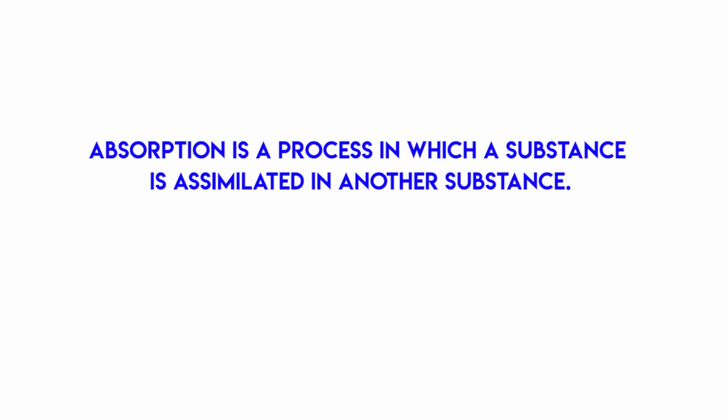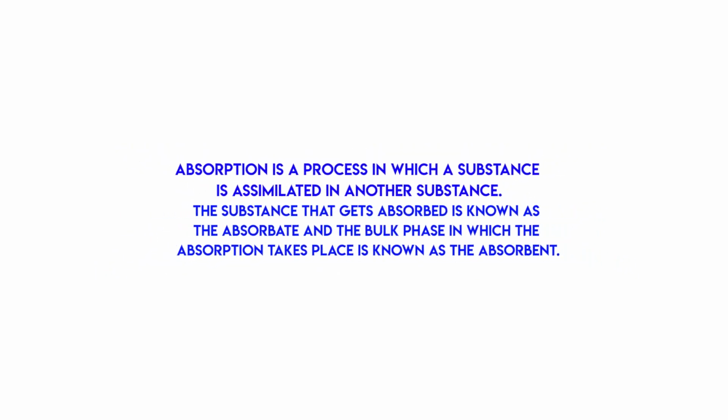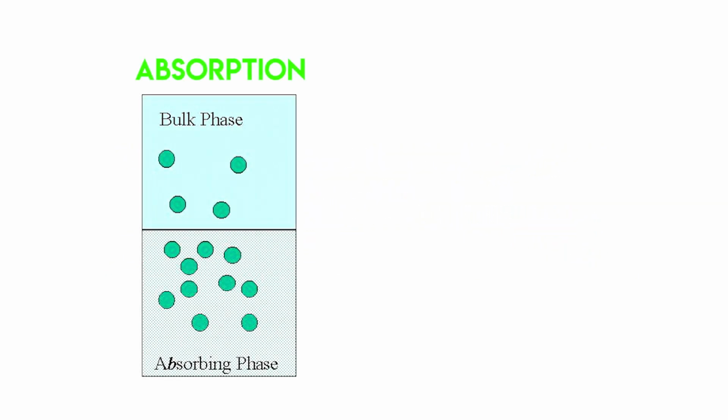Absorption is a process in which a substance is assimilated in another substance. The substance that gets absorbed is known as the absorbate, and the bulk phase in which the absorption takes place is known as the absorbent. Absorption in chemical technology is a process in which atoms or molecules transfer from a gas phase into a liquid